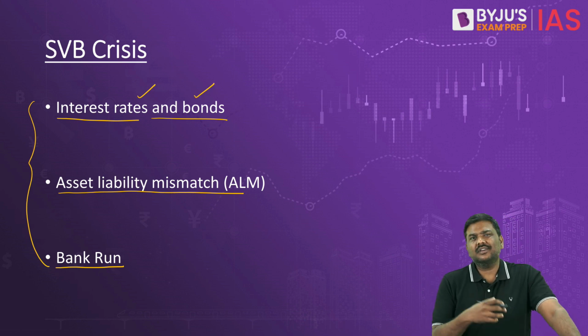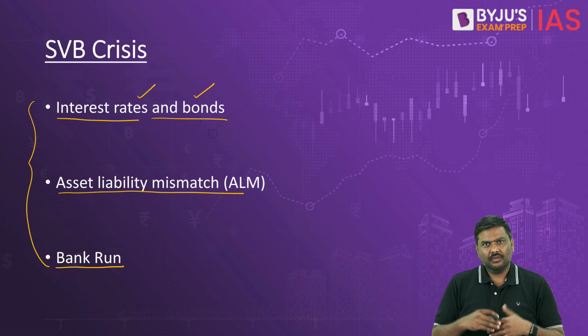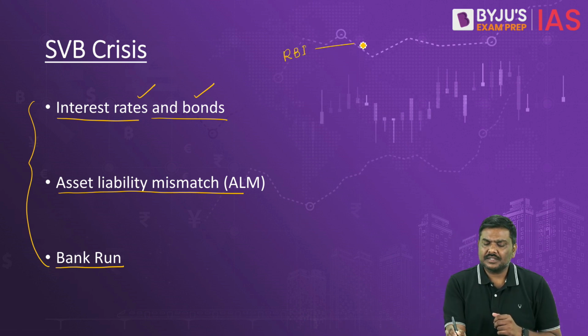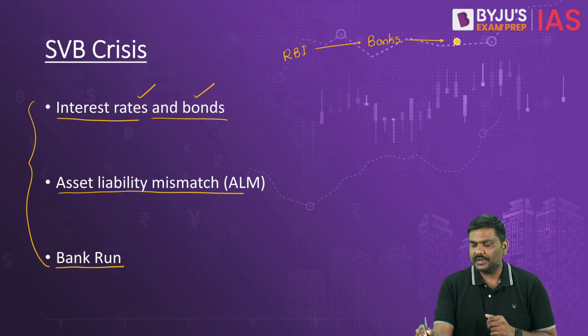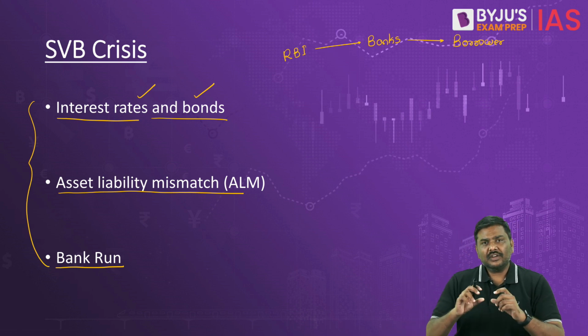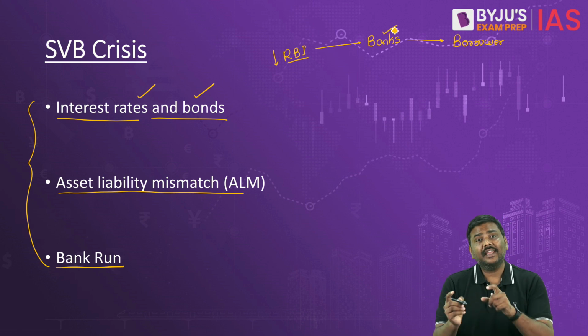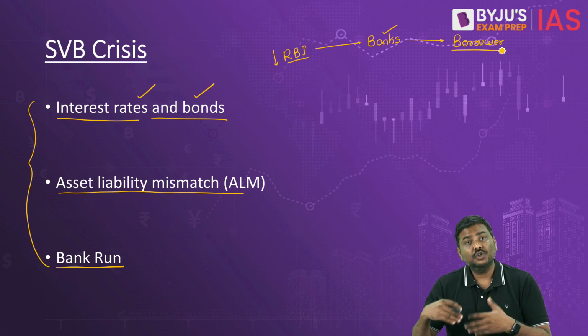Now the term interest rate generally represents the rate of interest that is applicable on lending and borrowing. For example, let's take India. RBI will provide loans to banks, and banks in turn will provide loans to borrowers. The borrower could be you, the borrower could be me. Now why is this sequence important? Whenever RBI wants to promote growth, RBI will reduce interest rates. When RBI reduces the interest rate, banks are taking loans at a lower rate of interest and they are giving loans at a lower rate of interest to borrowers.